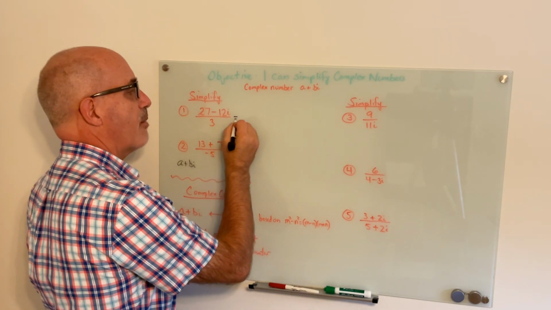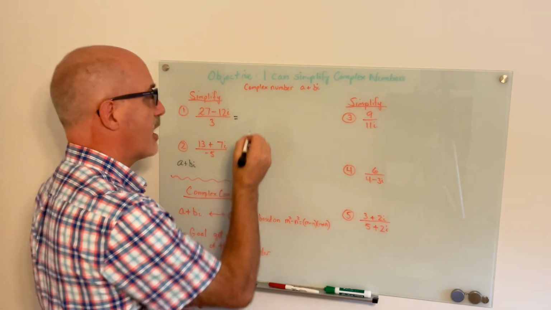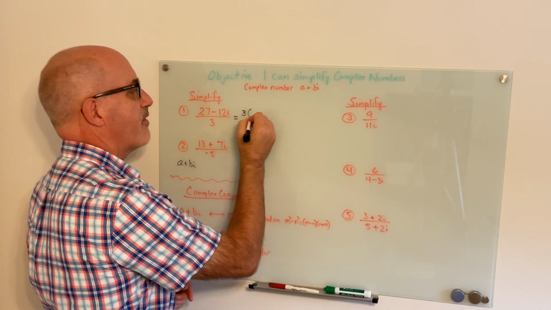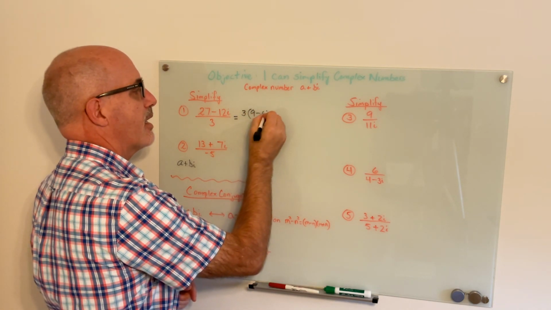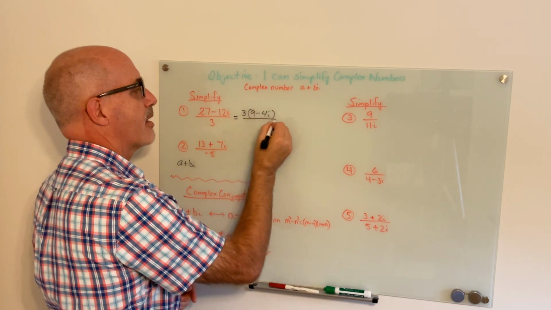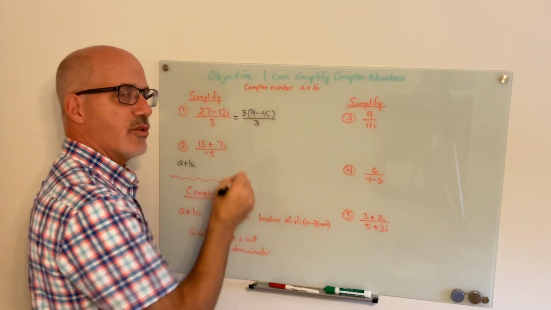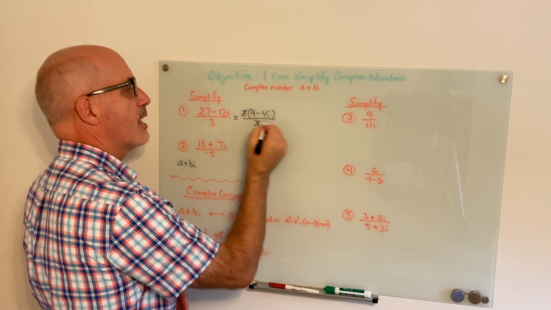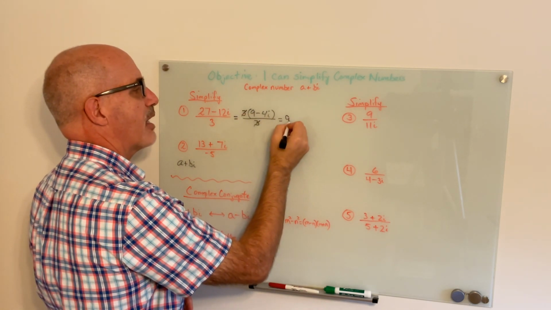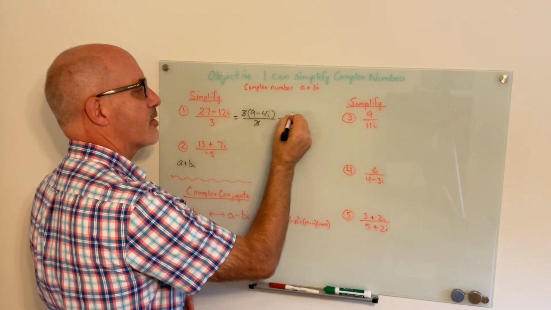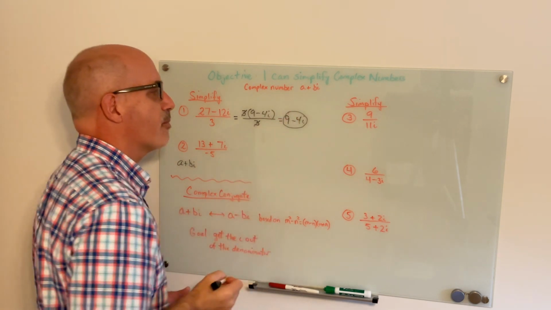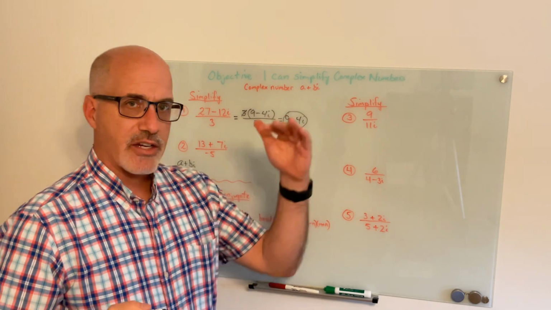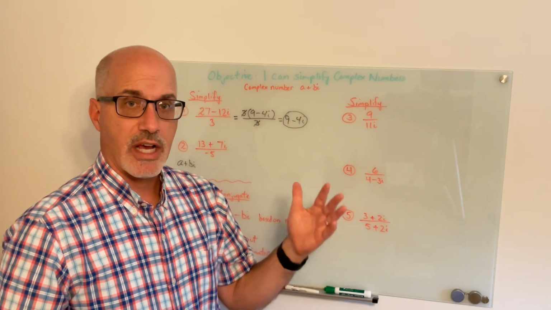Notice that there's a common factor of 3 in the top. So I'm going to go ahead and factor out the 3. And then I can reduce out, because 3 out of 3 is equal to 1, I can reduce those, and I end up with just 9 minus 4i as my answer. So first of all, if you have a factor top and bottom, you want to factor it out and reduce